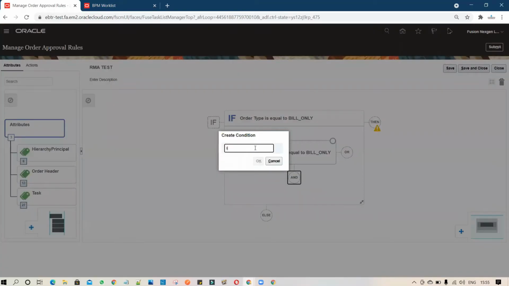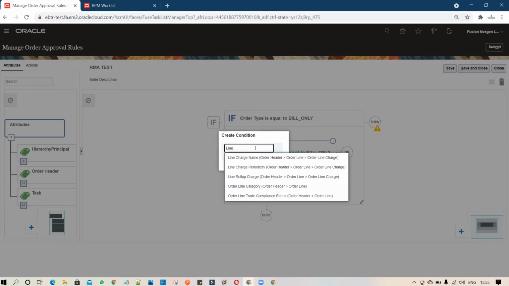if my line type, because this approval has to be prompted based on my line type for the RMA order only. So you can set your category.